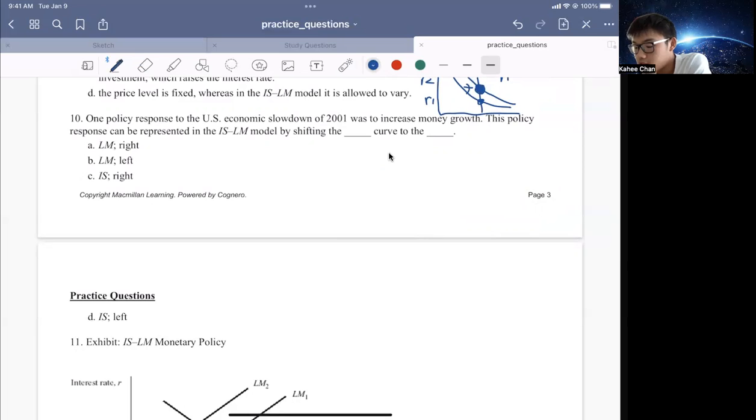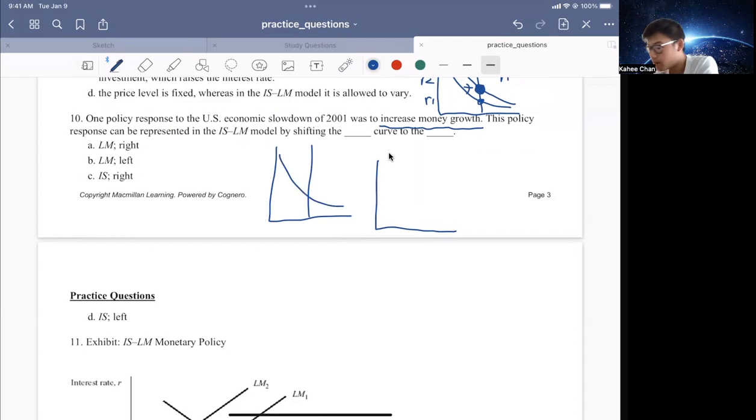Number 10, one policy response to the US economic slowdown of 2001 was to increase money growth. This policy response can be represented in the IS-LM model by shifting the curve to the right. So again, when we are increasing money growth, when we think about money, we always think about the LM model, right? The LM, because it is affecting LM. If there's an increase in money growth,